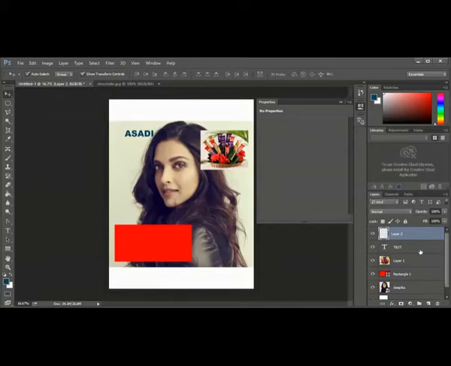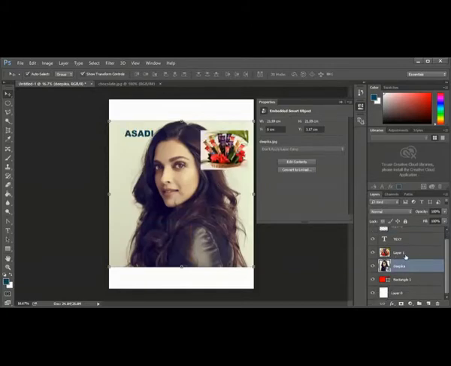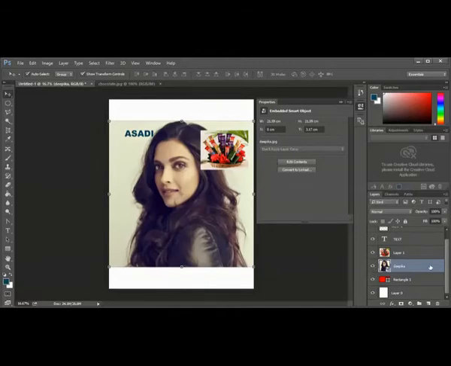So I can add a new layer. I can delete a layer. I can change the position of the layer anytime. I can take this up, I can take it down, any position. I can switch it off and on also. I can do anything I want.